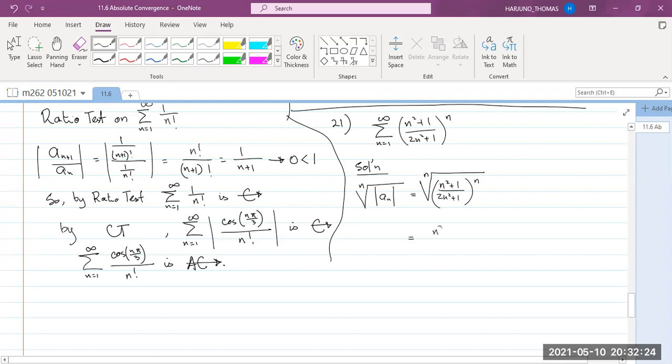But this is n squared plus 1 over 2n squared plus 1, right? The nth root cancels the n. And of course, inside is positive, so I can get rid of the absolute value. Then divide by n squared on the top and at the bottom. Now this converges to 1/2, which is less than 1. So by the root test,